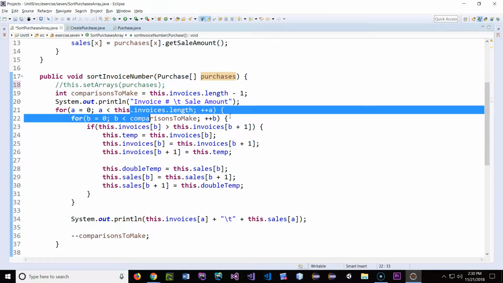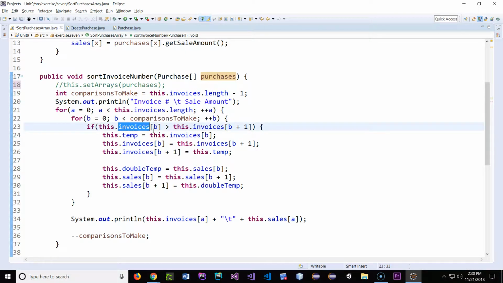Instead of invoices here, I would do purchases of 0, get. That's why we have those getters and setters. Get invoice number. Okay, I mistyped that. Purchases